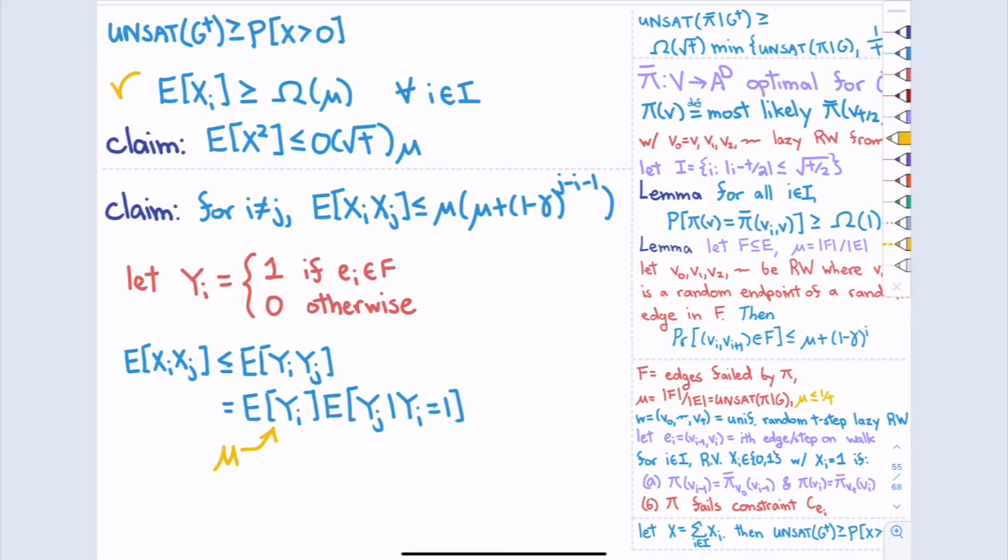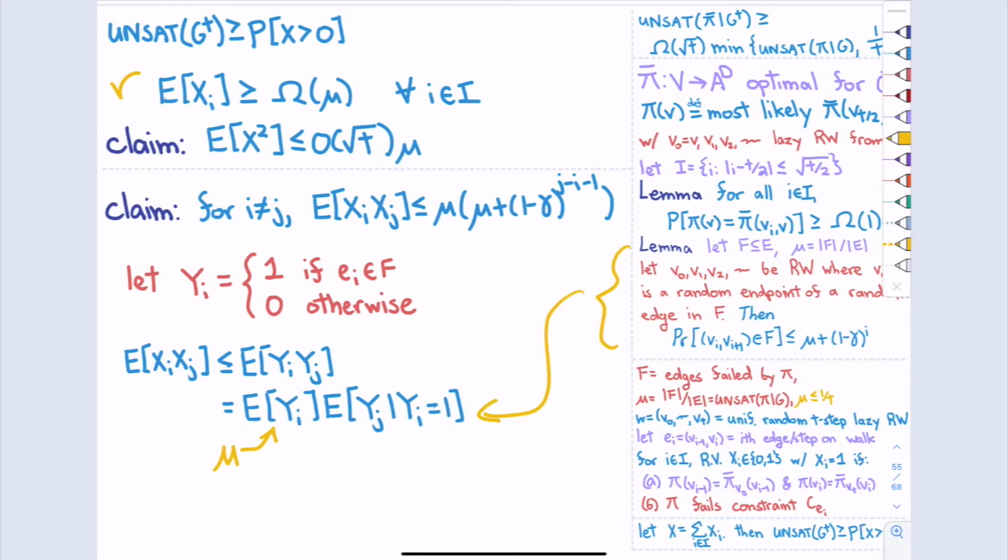And then I want to know whether yj, which is j minus i steps later, is also going to be in F. So that's exactly the format of the lemma from before. So that will correspond to this lemma.